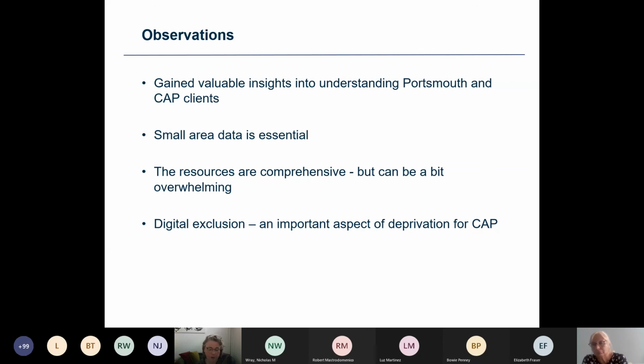However, digital exclusion does not feature within the indicators, and in fact there is no single official data source covering this area, and the data that is available is not at small area level. So we think this is a gap, and would like to ask if this is being considered now, or for when the IMD are updated. So I'll finish with a request for more, and I'll hand over to Jan, who's going to say a few words.